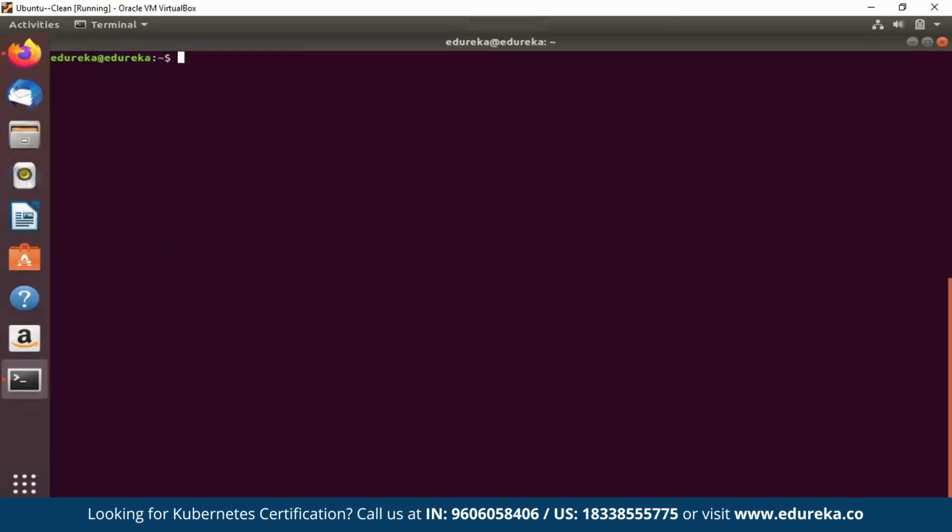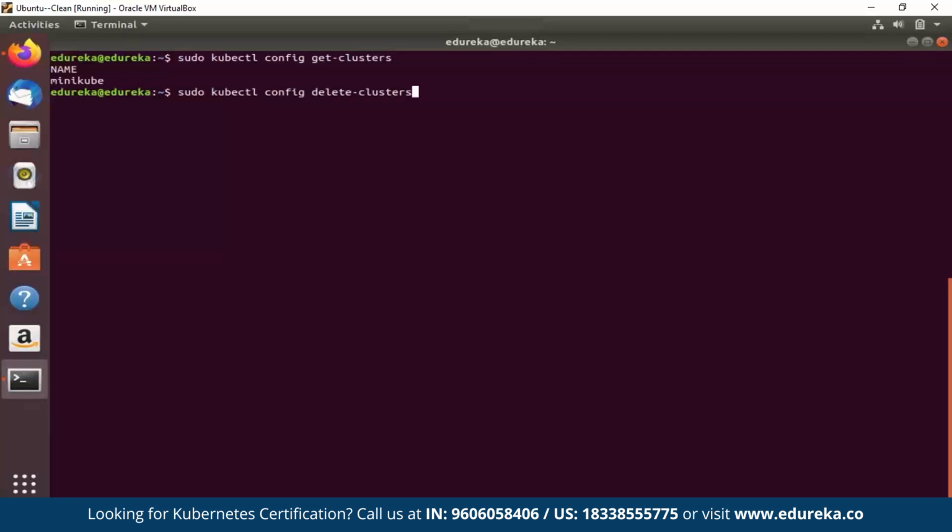Now, to fetch a list of clusters defined in your kubeconfig, you can just use the get-clusters command. So I'm just going to type in sudo kubectl config get-clusters. The output will be the list of clusters defined in our kubeconfig file, and as you can see, the output is minikube. You can also delete a cluster from your config using the delete-cluster command. I'm not going to show you the output of this, but I'm just going to type in the command. What this does is it only deletes the cluster from your config file.